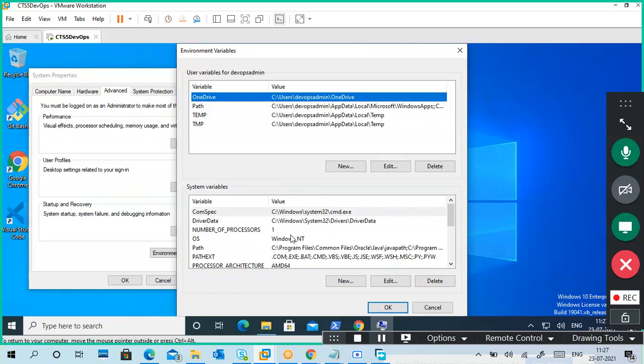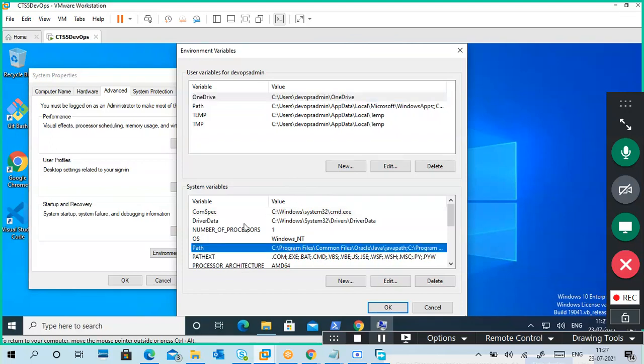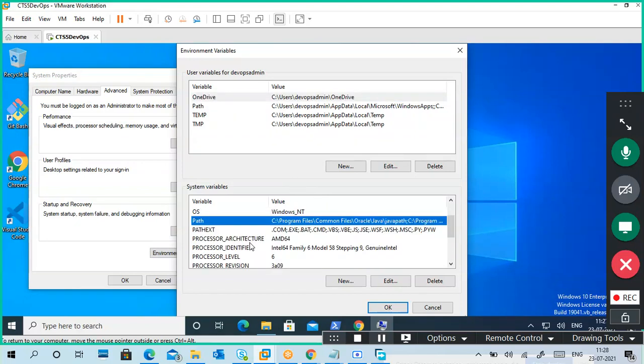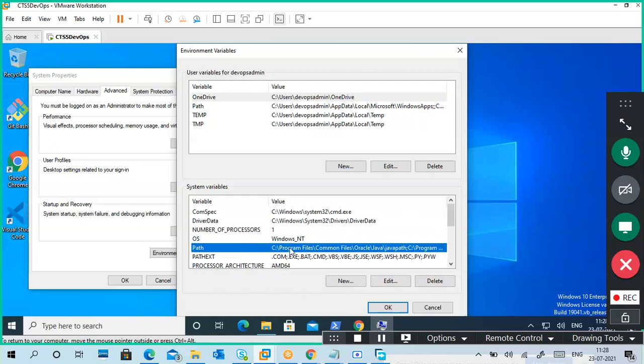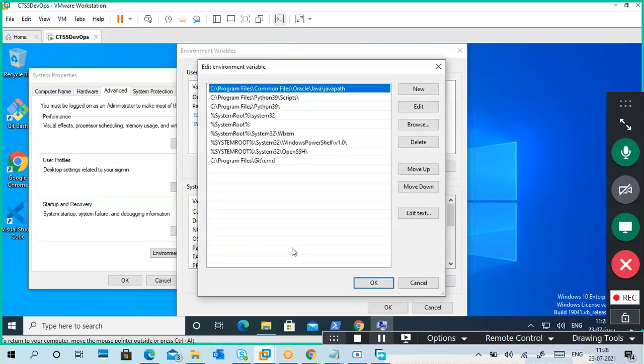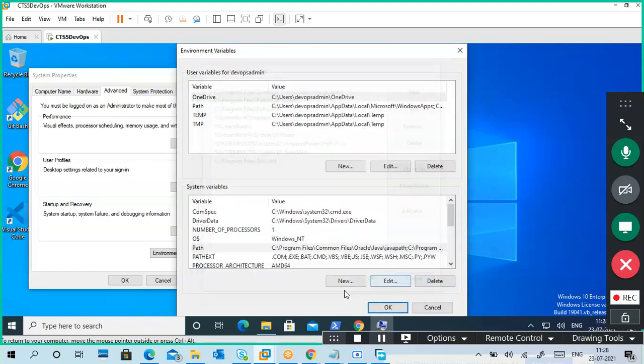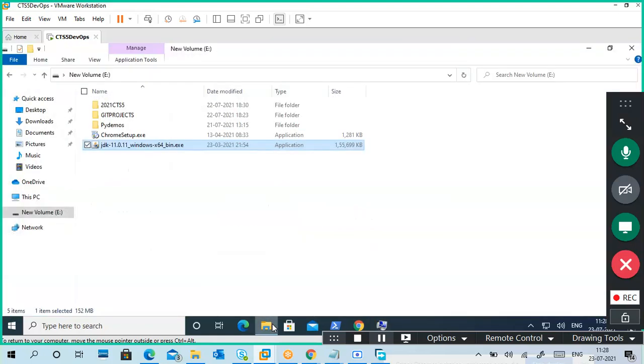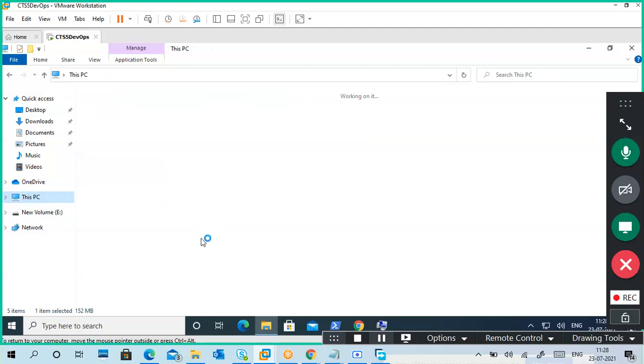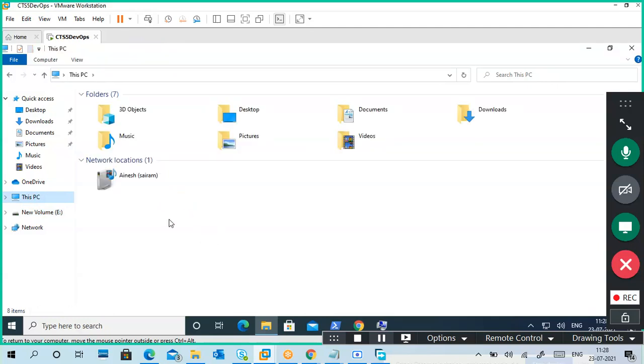Here JAVA_HOME is not created, and in my path nothing Java related is there, just something like the Common Files Oracle path. So we don't have the original Java home directory. First of all, I will go to my C drive.